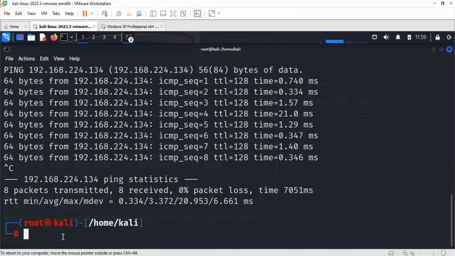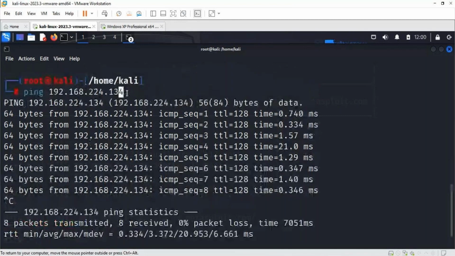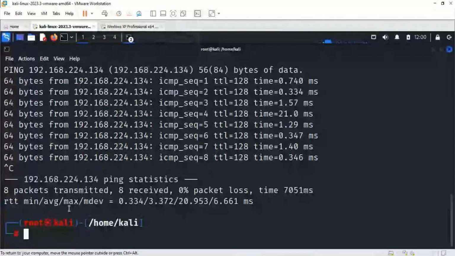Right. So what are the things we have done? We have seen that our system is live and running. The target, we have opened up the Metasploitable. And then we are going to open up something which is called the nmap. We are going to perform the nmap scan, guys. Very interesting scan, right? In the nmap scan, what I'm going to do is that I'm going to